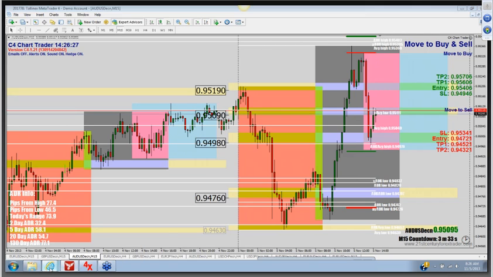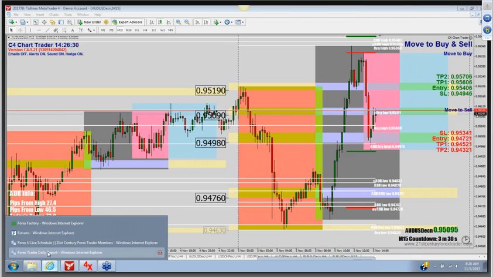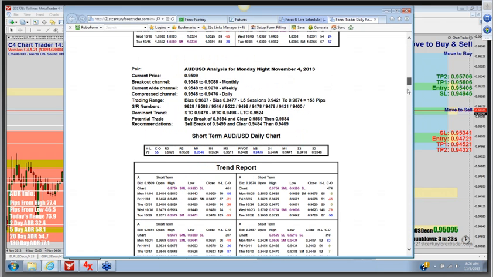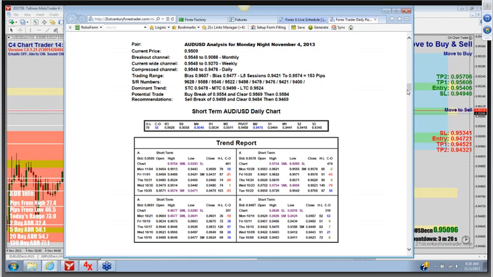And the channel information tells us, if we can get down there, here we go. Channel information is telling us that we have a channel top at 95.48. Channel top at 95.48, and that's a 3 of 3 channel, by the way. That's a significant channel level. Let's make a note, 3 of 3 channel. And then down below us, we have our channel bottom at